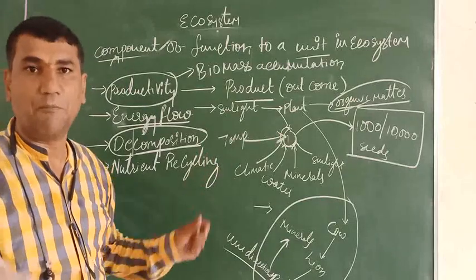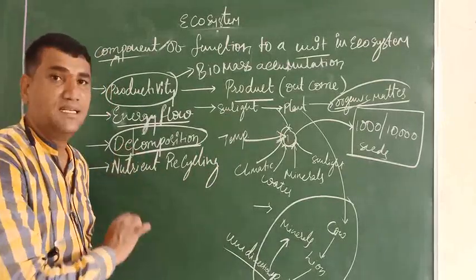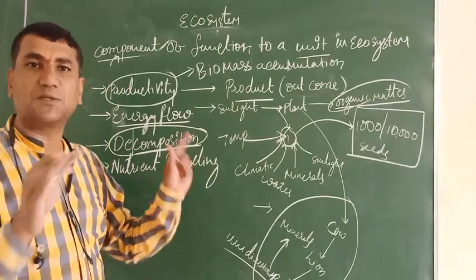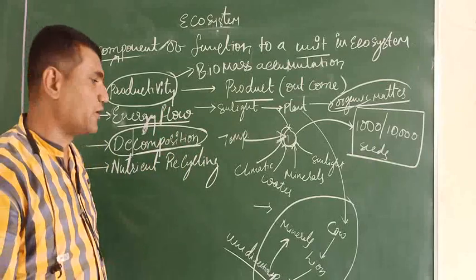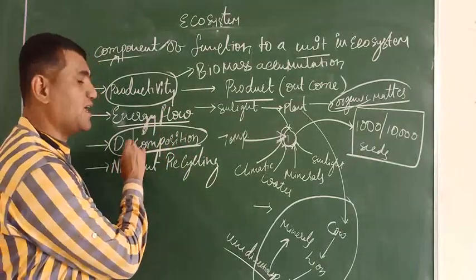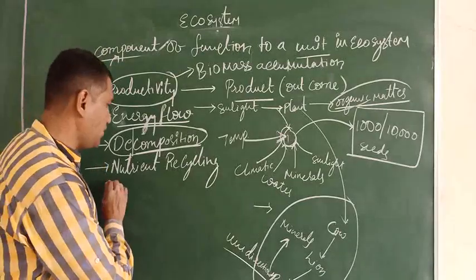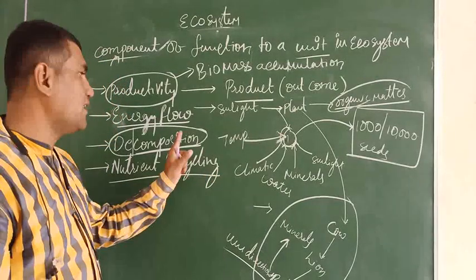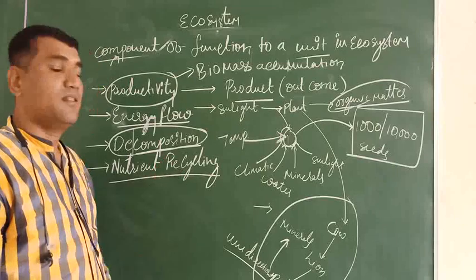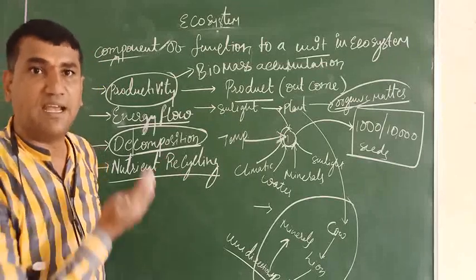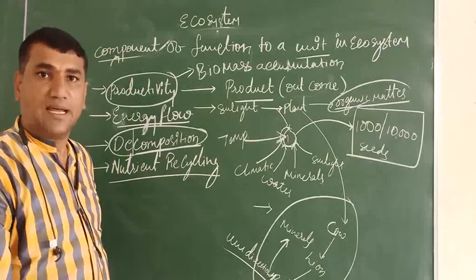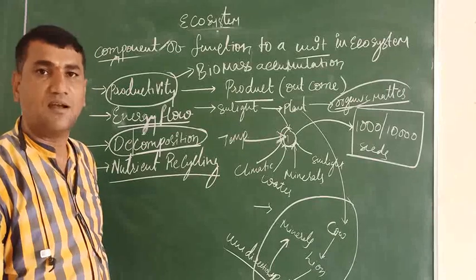Composition means complex molecules; de means splitting the complex molecules into simpler molecules. Splitting is called decomposition. And nutrient recycling: by splitting the decomposed material, the nutrients are once again reaching the soil surface